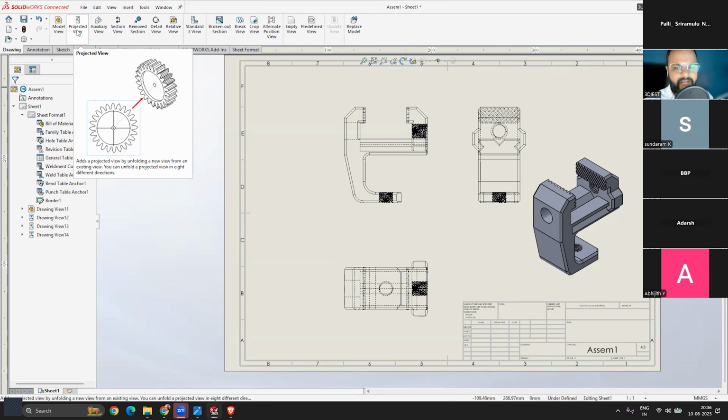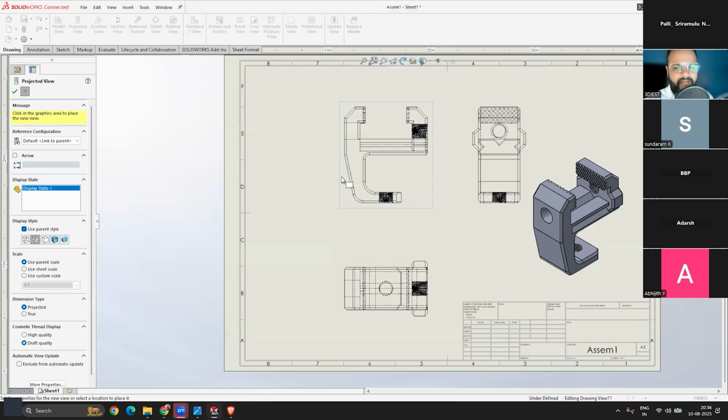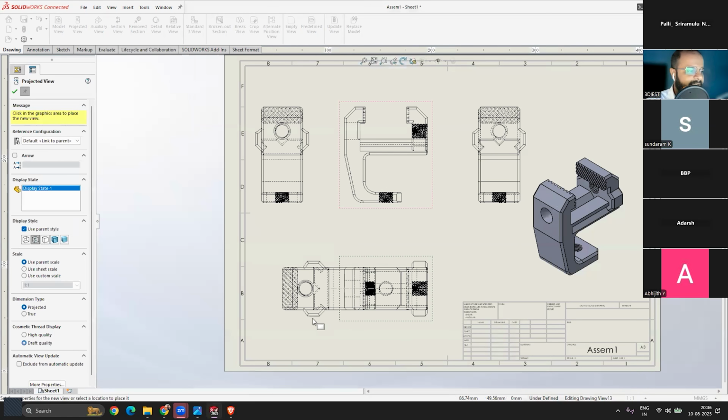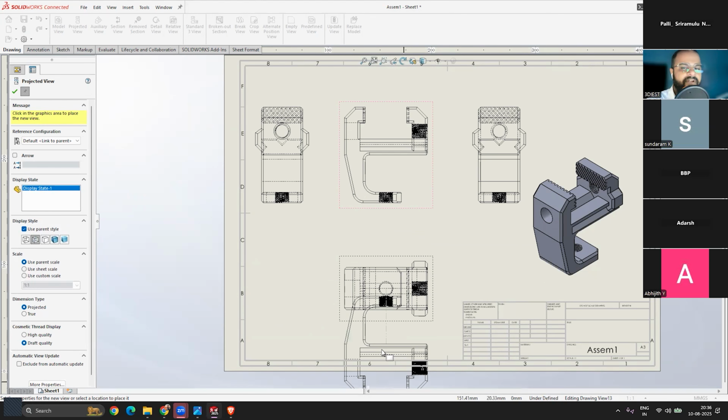Can you see this projected view tool? Just activate that. Select your part for which you want to get a projected view. Drag your cursor and click, and then you will get the other projected view. For example, let's say I want to project for this view. I will activate this projected view, select this part and drag my cursor in a direction, and I will be able to see the projected view for this part.